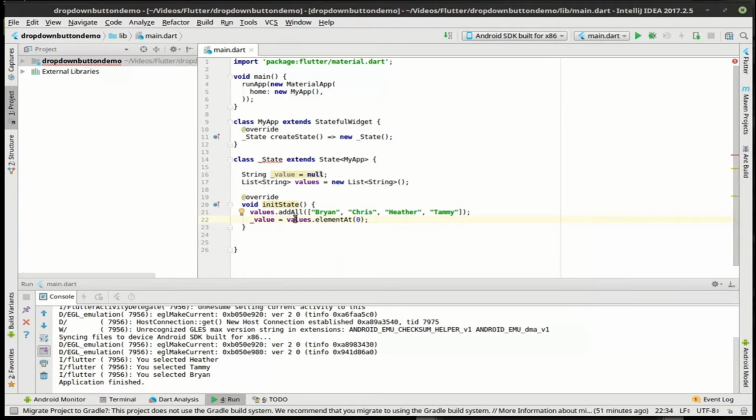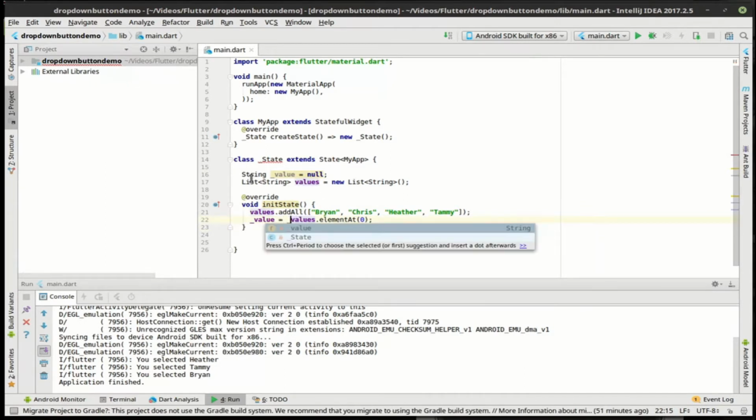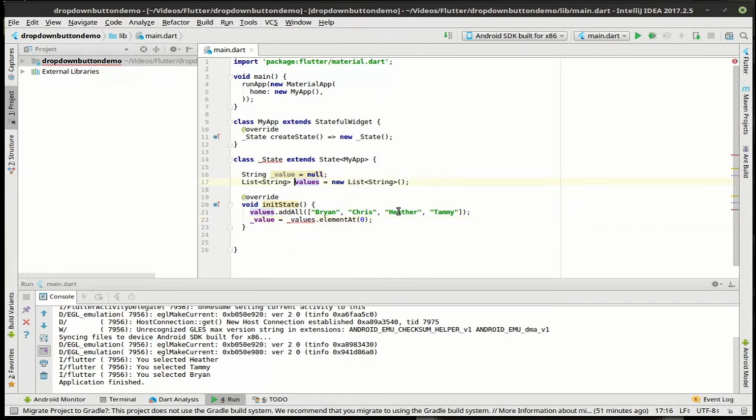Why not? Probably makes sense if that was also a private variable here. There we go. So now we are initializing the state, and no state is complete without the build function, but